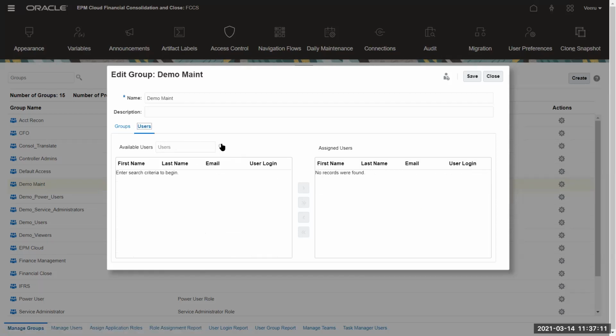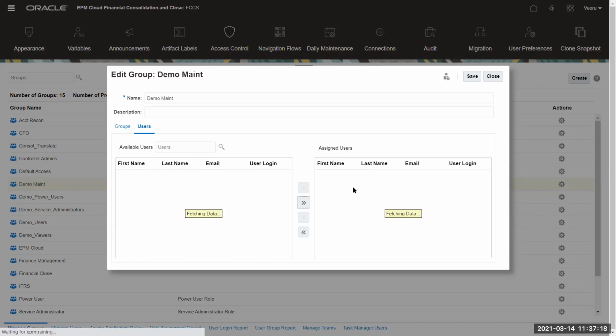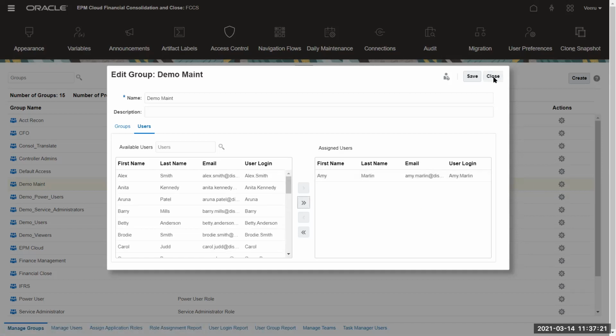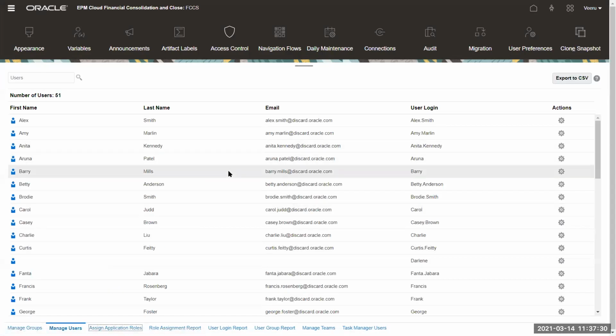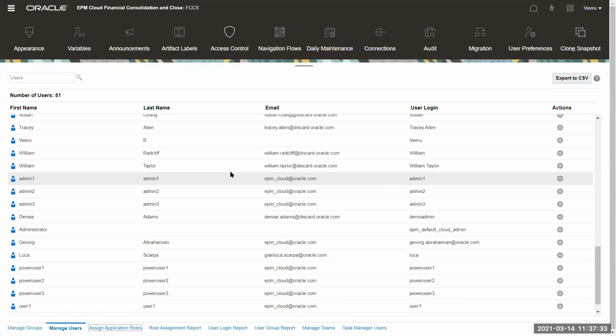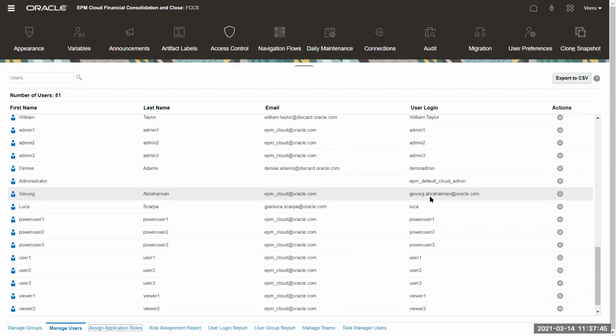Again, under users, I can also add users. Select users, click on this magnifying glass search button, select the user and then add it. Okay, so that is how you can add users to the group. And there's something called manage users. These users are native users. We usually don't create users in this format, as native users. We create users at an identity domain level. But yes, it can also create users in this case. But I don't usually create it in this format.